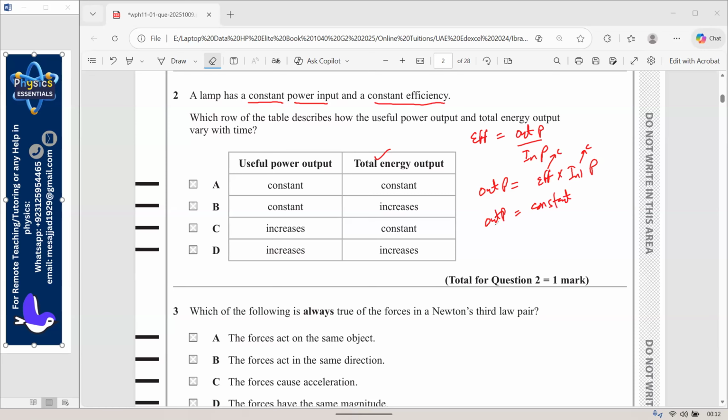So now output power is what? Output power is energy over time. And this is output energy, and time will go there. And now you know that the time elapsed keeps on increasing, increasing, and increasing. It never stops. So when the time is increasing, the energy output is also increasing. That means the power is actually the rate of consumption of energy that never changes, but the total energy is actually